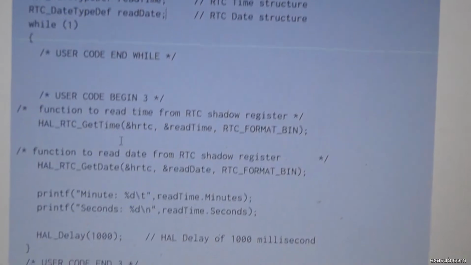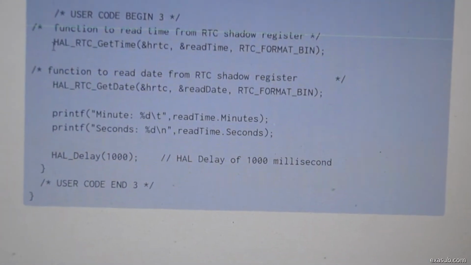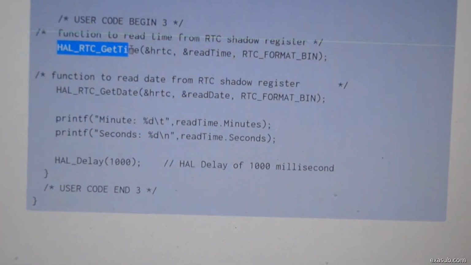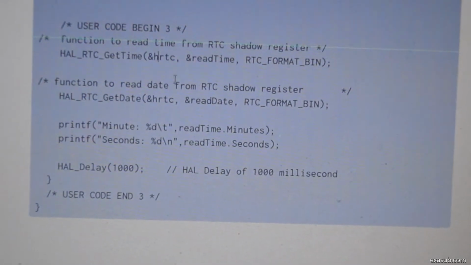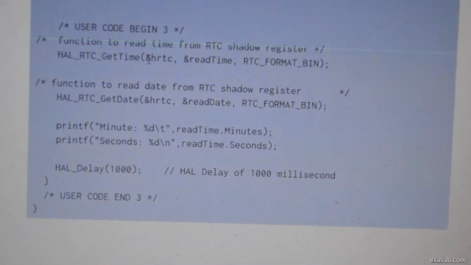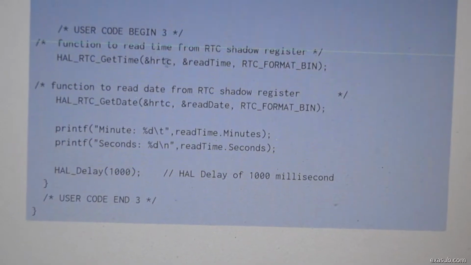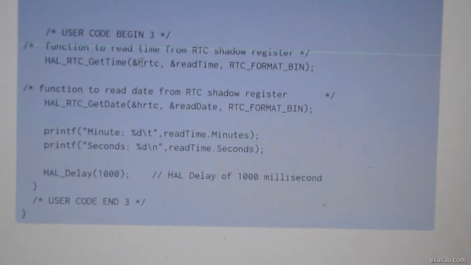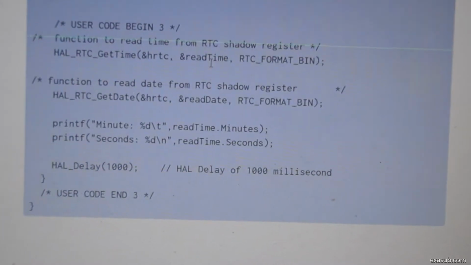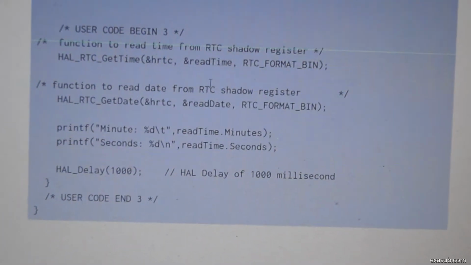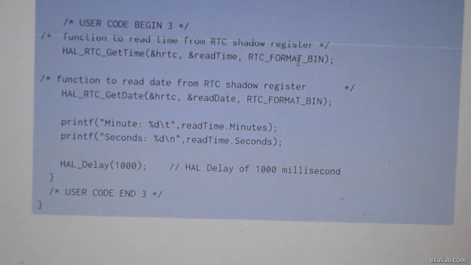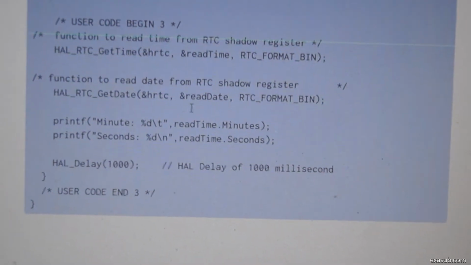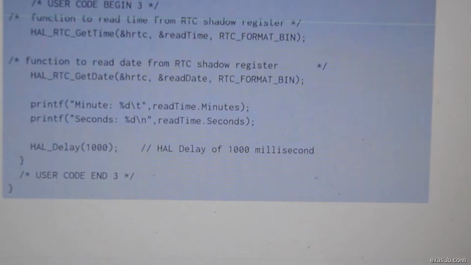The function which we use is HAL_RTC_GetTime, and we have used hrtc as the handle for the RTC. Read time will be our read time structure, and we have set RTC format binary. Okay, so let's see all this in action.